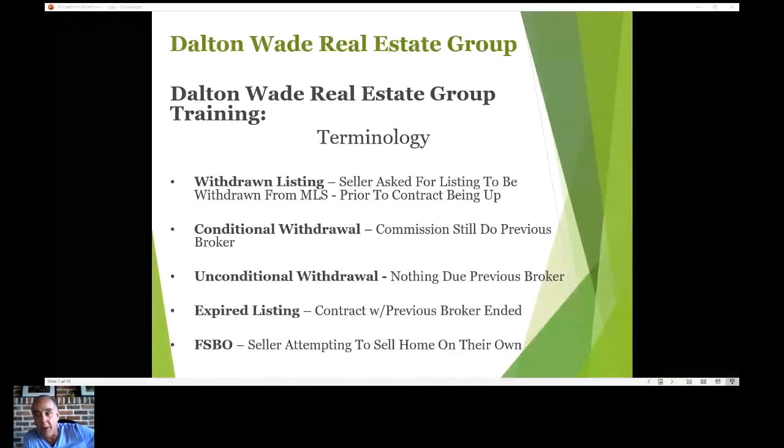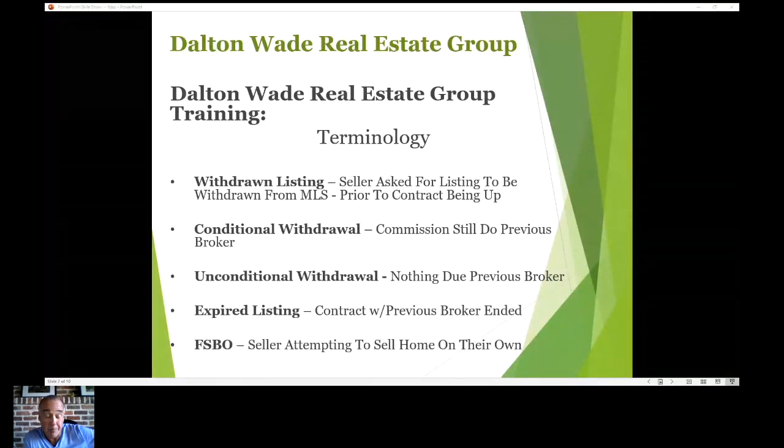If that property sells, potentially the old brokerage is